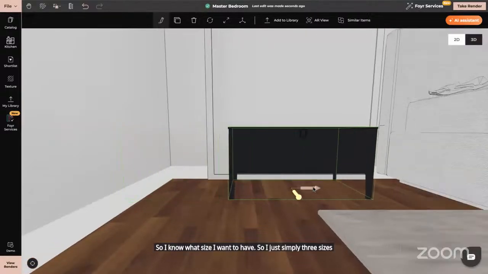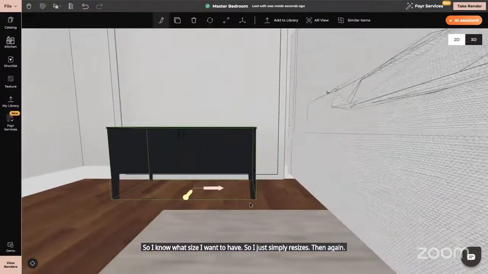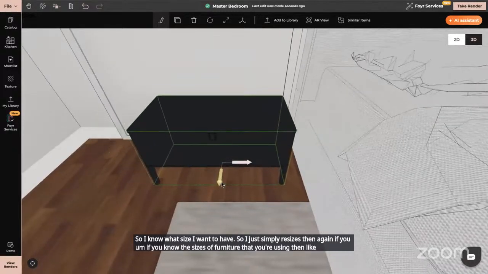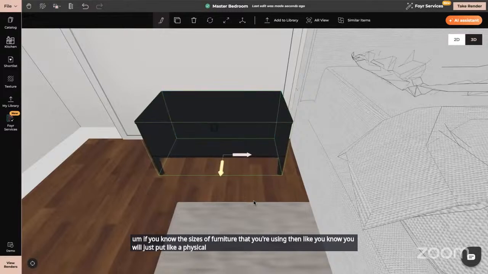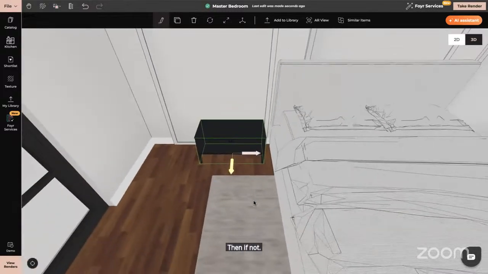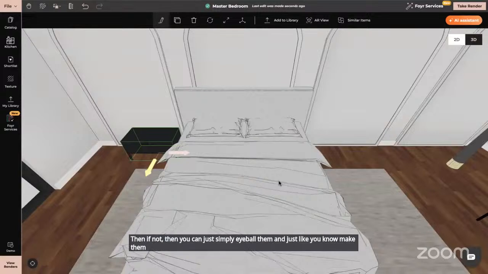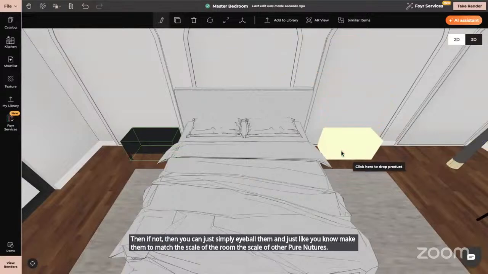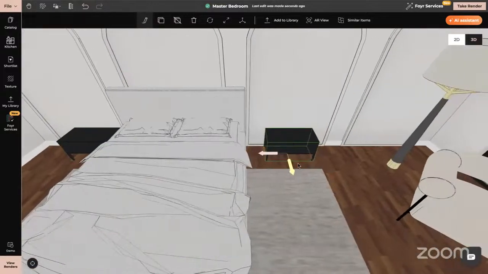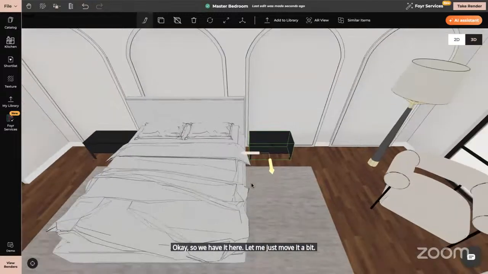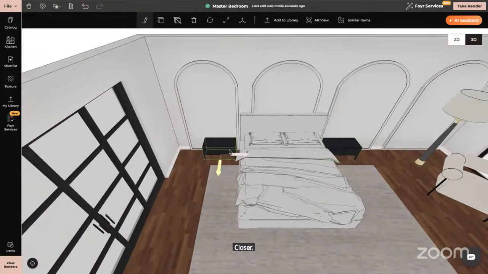Then again, if you know the sizes of furniture that you're using, then you will just put the physical sizes. If not, then you can just simply eyeball them and make them match the scale of the room, the scale of other furniture. Okay, so we have it here. We'll just move it a bit closer. So we have two the same